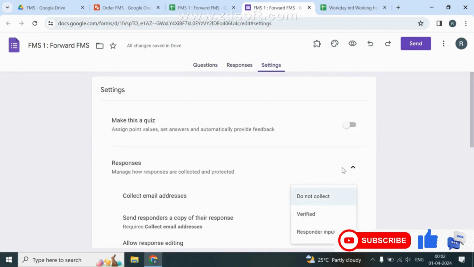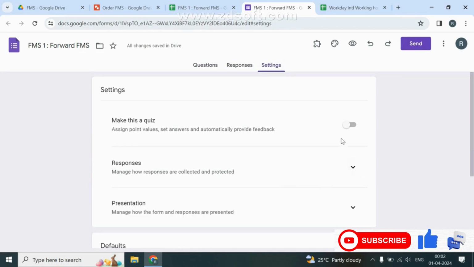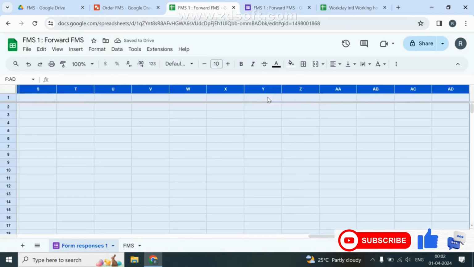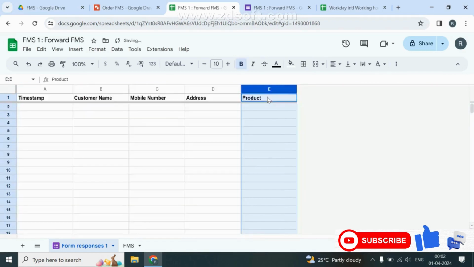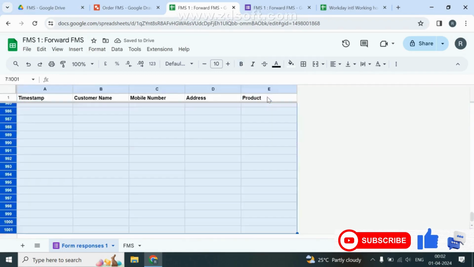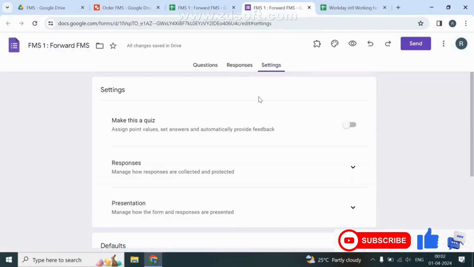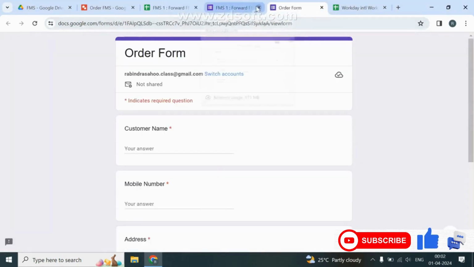It means that it will pick the customer email ID automatically. I'm not going to do that here, but if you want, you can do that also. Now you can see it is fetched over here. All the questions have been fetched here. The additional column I'll just delete because it's not necessary for me. Additional rows also I'll delete. Whenever I submit the form, my form will automatically add the row, so I don't have to create